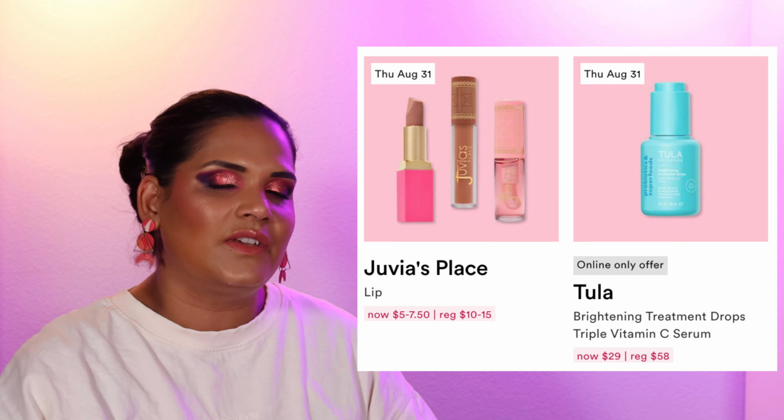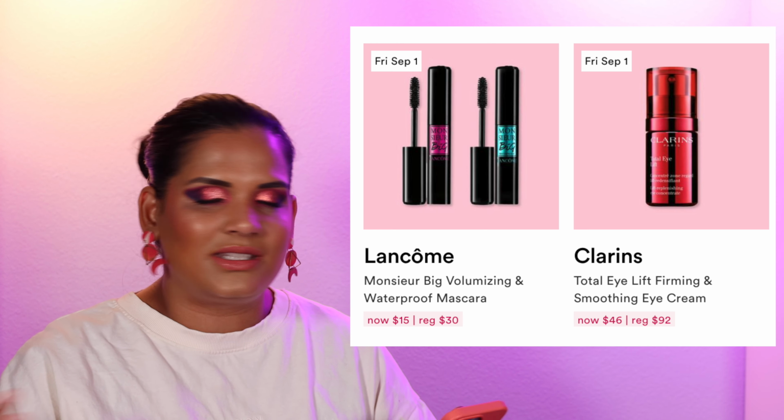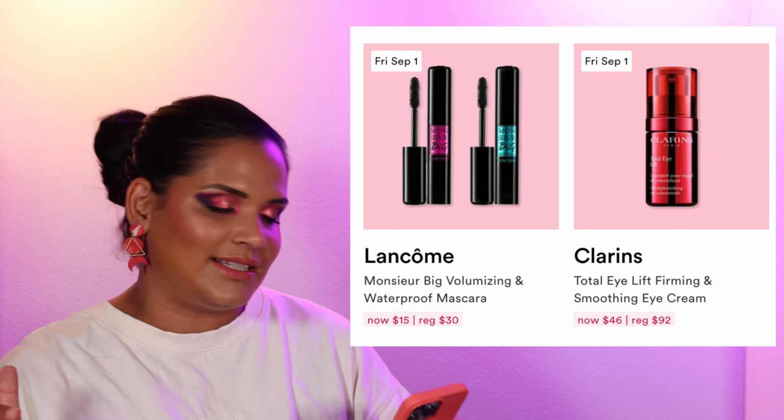of September we have the Lancome Monster Big Mascara, one of my favorite mascaras of all time. Clarins Total Eye Lift I actually got as a gift from Clarins. I've been trying it. So far it hasn't blown my mind, but I know the Clarins Youth Serum thing is a staple, and that's going to be part of the 21 days as well, so maybe check that out if you're interested. Kylie Cosmetics blushes are going to be on sale on the 1st, and then the Too